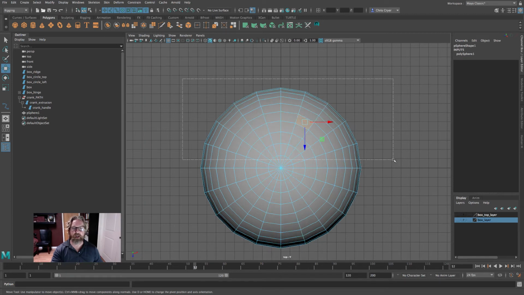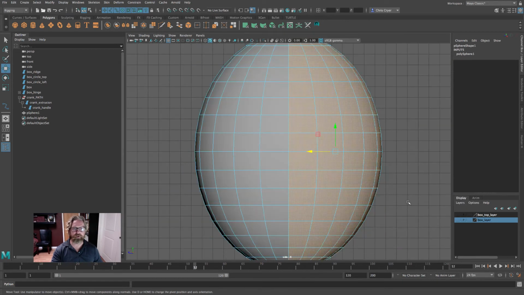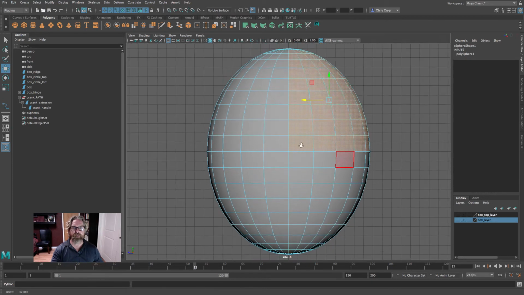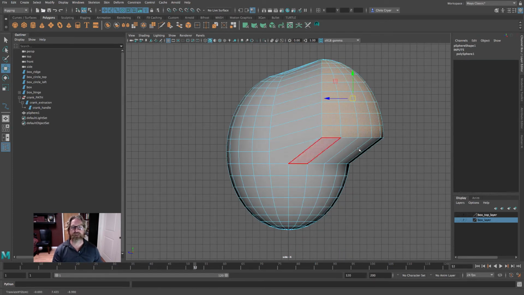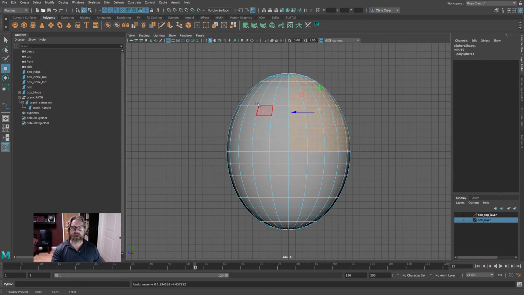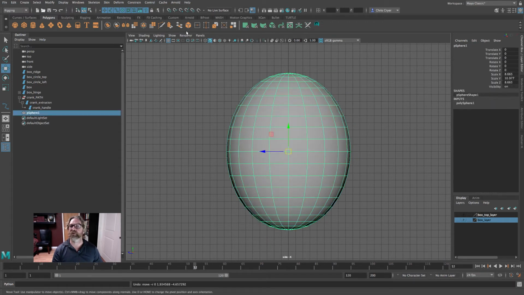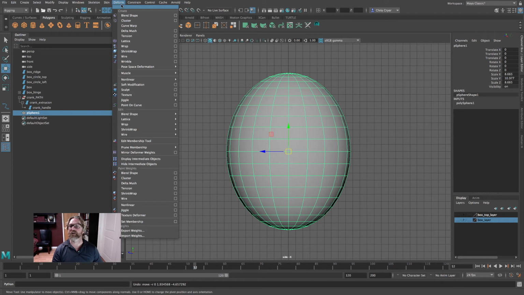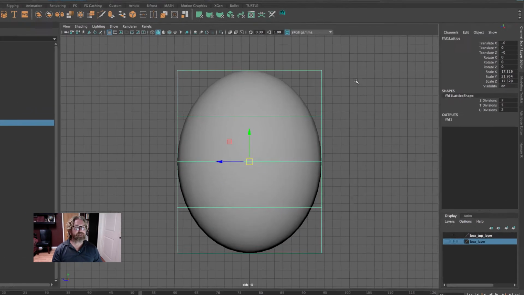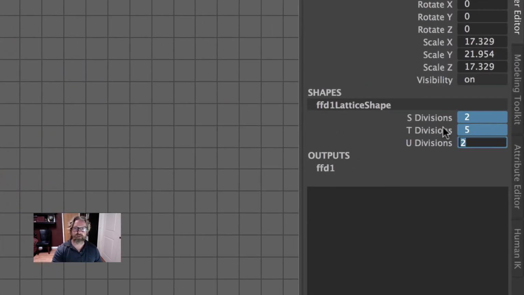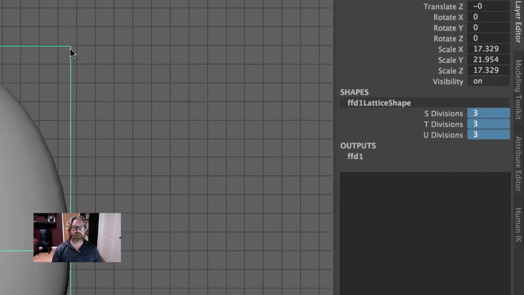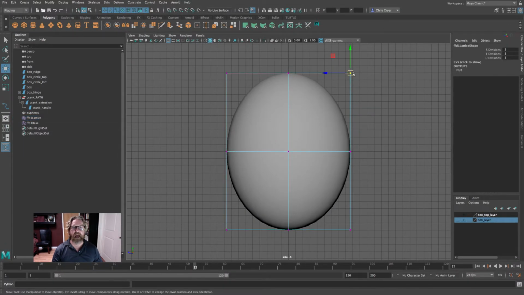If I were to grab all that, I'll use the control key to deselect and pull that out. You see that it has a hard ridge. So what the lattice allows us to do, I'm going to come up to deform, lattice, deform lattice, and I'm just going to make 3s in my divisions. And if we were to now come and just pick this one point, you see that it's averaging. It gives us one vertex and it averages,